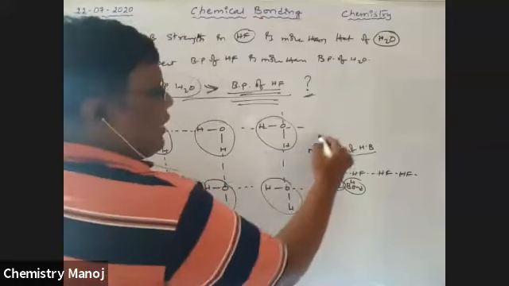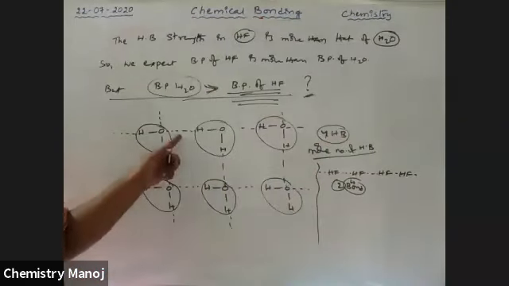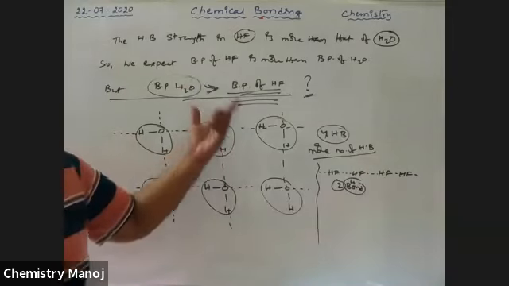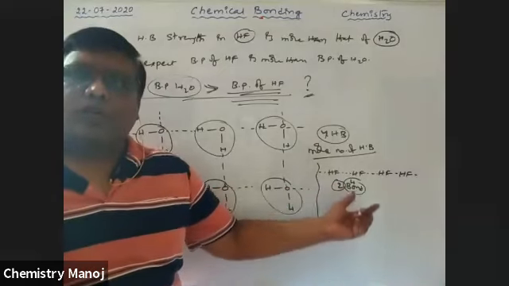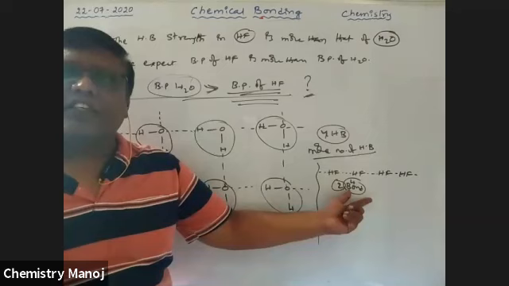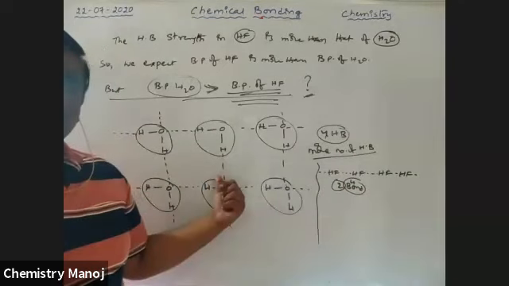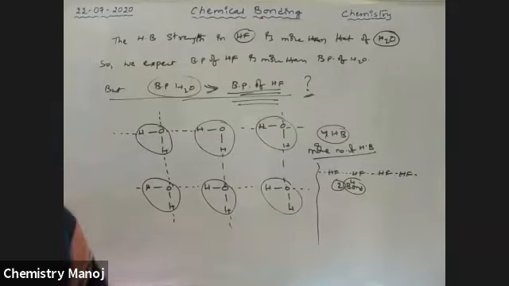Here on average, 4 hydrogen bonds. So that means more hydrogen bonds have to be broken to vaporize water molecules. Just two hydrogen bonds have to be broken to vaporize an HF molecule. So less energy is sufficient to break these two bonds, but to break these four bonds, more energy is required. So therefore, the first reason is